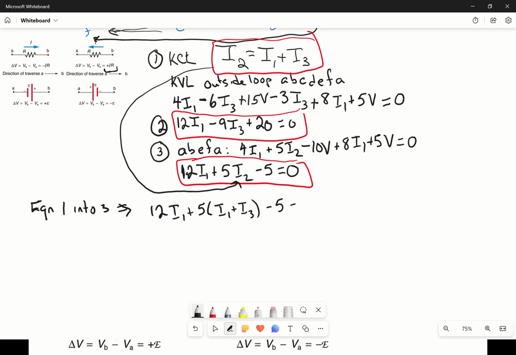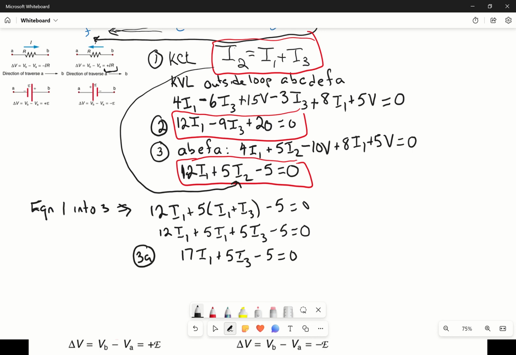Minus 5 equals 0. And then let's expand that out. So 12I1 plus 5I1 plus 5I3 minus 5 equals 0. And let's combine the terms. So now I've got 12 plus 5 I1, so 17I1 plus 5I3 minus 5 equals 0. So let's call that